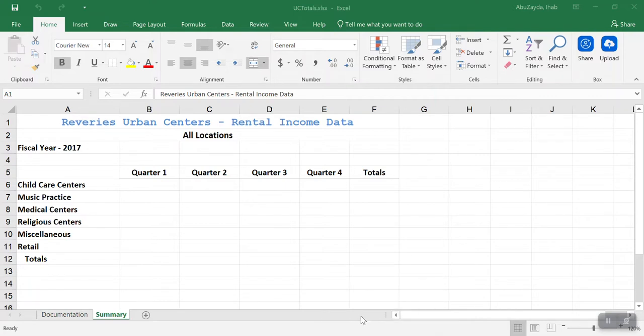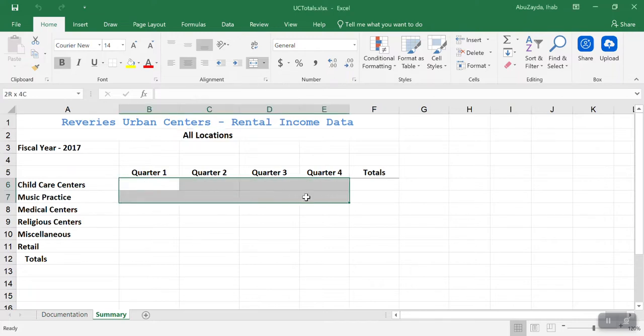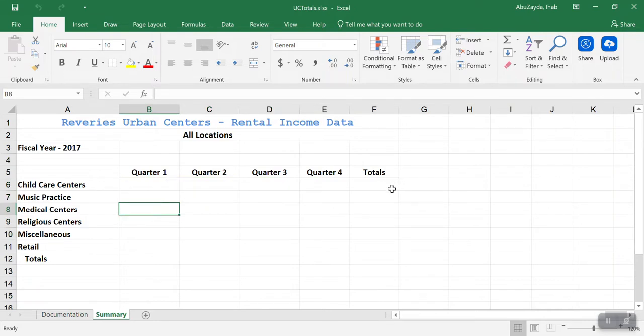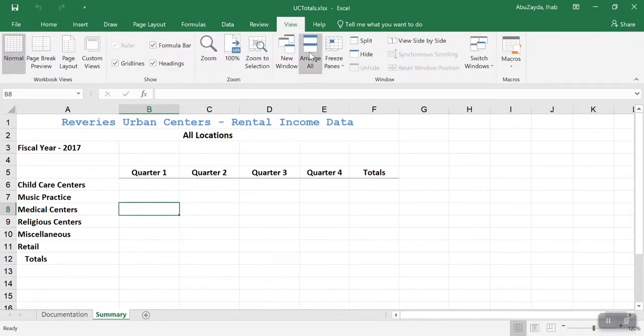So now we will manage multiple workbooks. We will generate a report for multiple workbooks. So from the 3 different workbooks, we will add up the values from there and place it here in this destination file. To make things easier on me to be able to see all workbooks at the same time, you can go to the View tab, click on Arrange All,